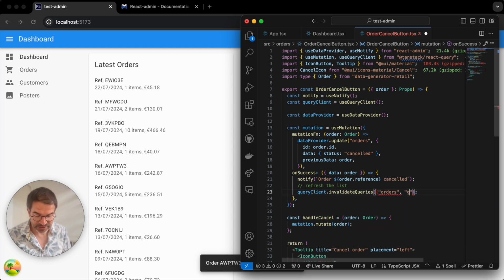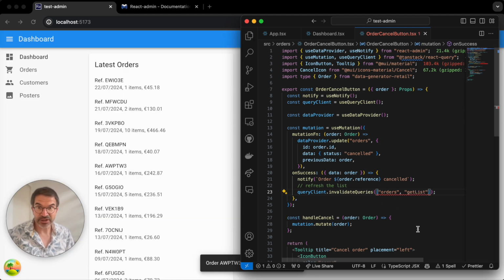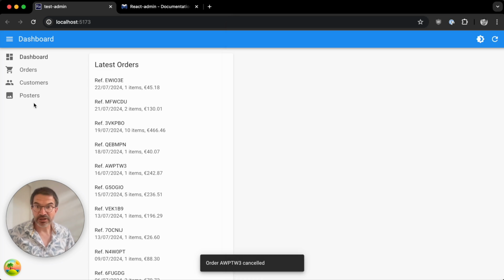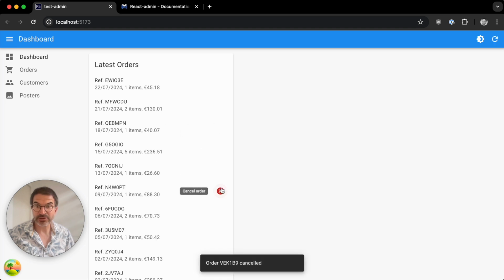So here it's the query key of orders getList. Sorry, I mistyped the array selector, and now it works. So if I click on the cancel order, this order will disappear once the data provider returns.